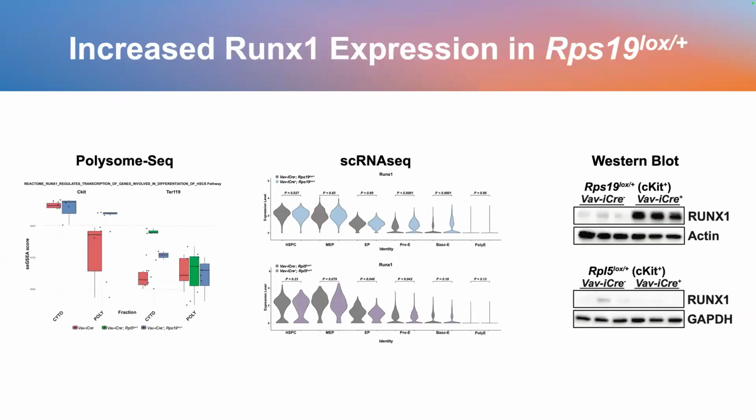So one last thing in the model. What can be happening in these mice? Is P53 governing everything? So here I was looking at our single-cell RNA-seq and our polysome sequencing and doing more analysis. What we observed, which was peculiar at first, is that in terminal differentiation, we had increased expression of the transcription factor RUNX1,